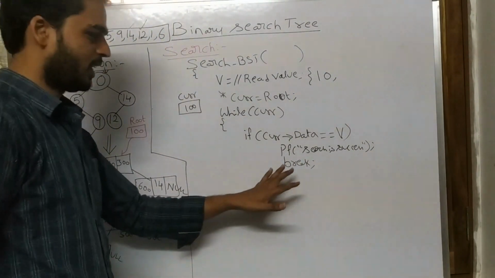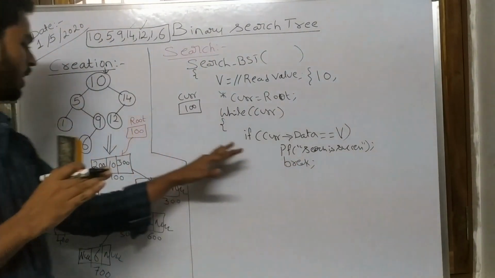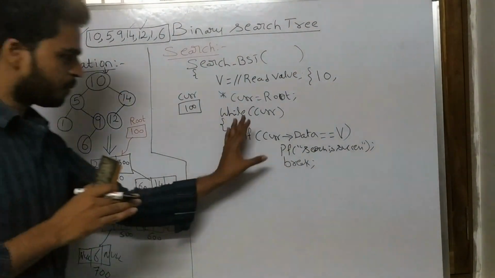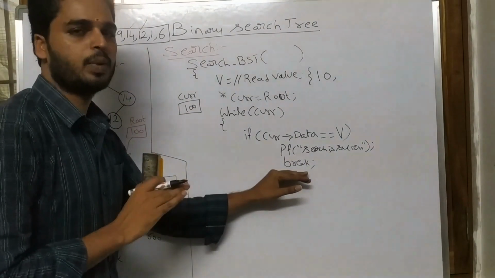And I will simply write a break statement. You can understand why I am writing break. When the search is successful, I don't have to go for checking the remaining entire thing. As I am present in a while loop, I need to stop the process. If you want to stop the process, I must write break. That you already know.